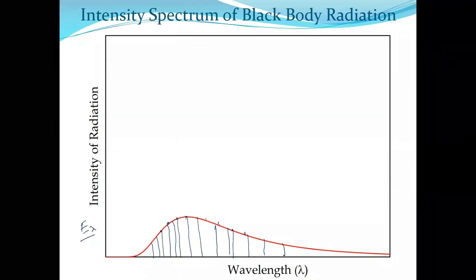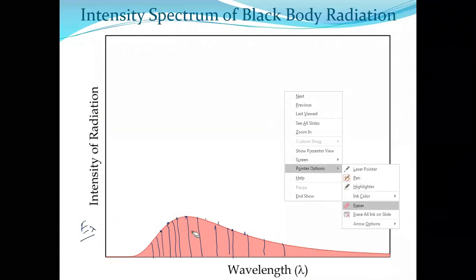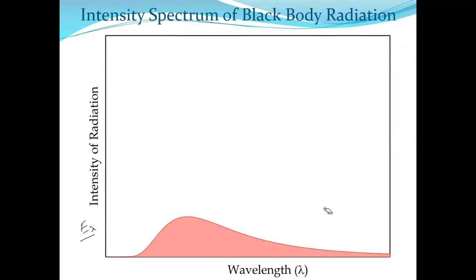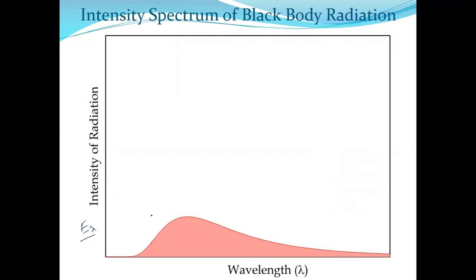Very good. That means what we require is this total area under this curve. So whenever we are asked what the total intensity of radiation is, we have to find out the total area under the curve. So this is the total intensity. Hopefully you can observe the total area under the curve. This is the total intensity at temperature T1.